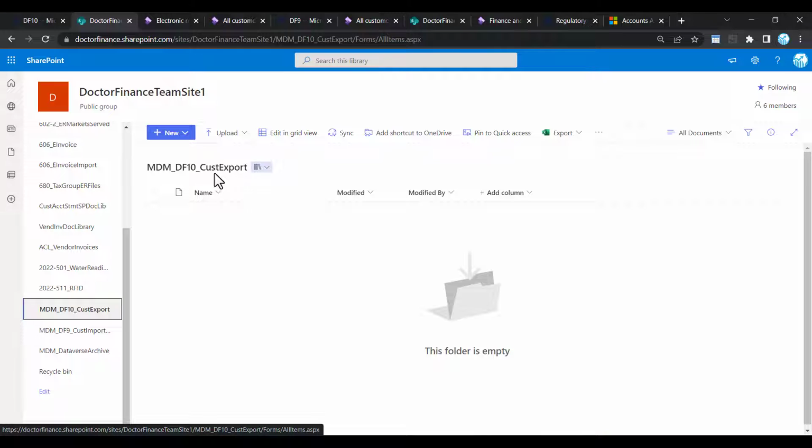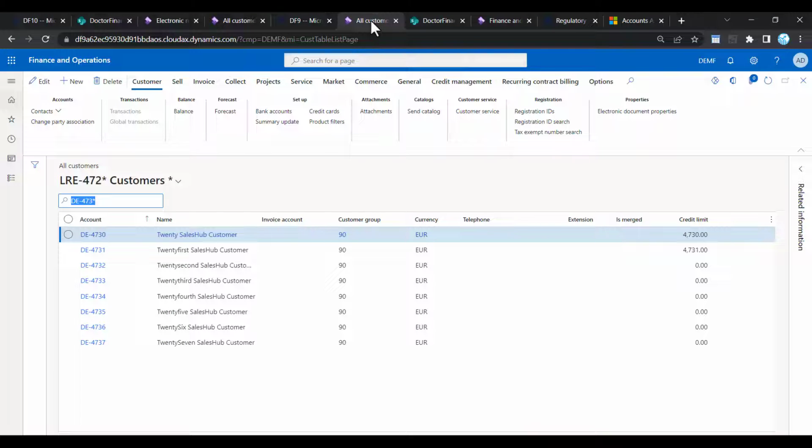Okay, then let's have a look at the other companies. So now let's go to DF9. Let's see if the export already happened. Probably not. Oh, it's already there. Okay. So you see that's what has been imported